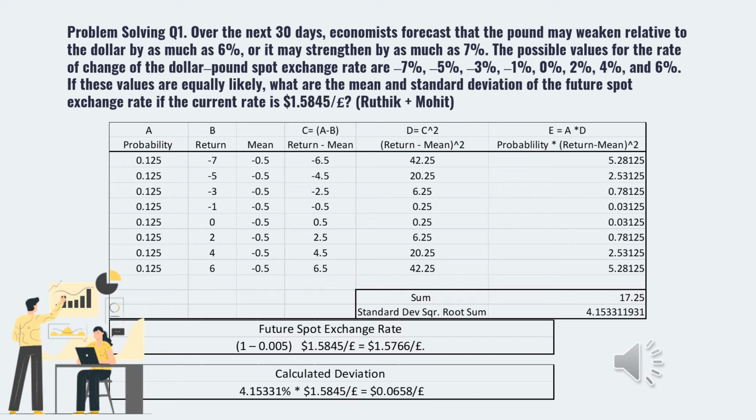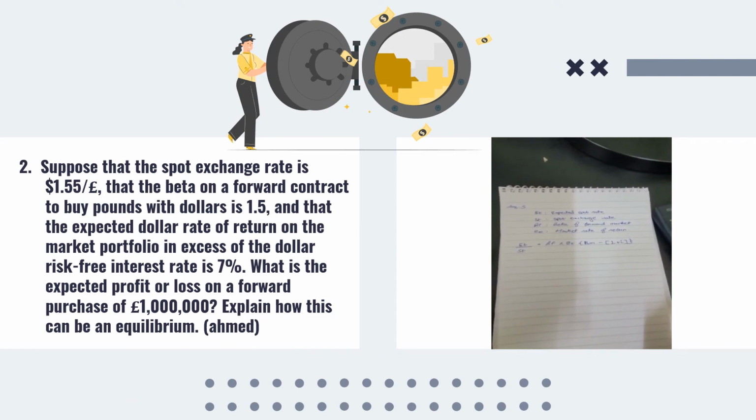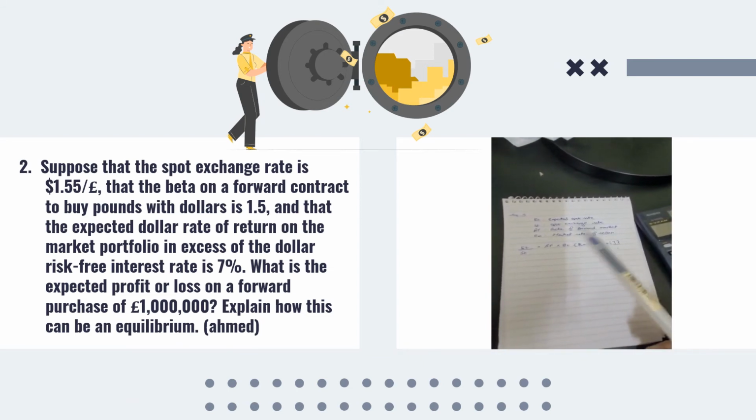After we find the standard deviation, we multiply that by the current dollar to pound rate, 1.5845. So that's 4.1533 times 1.5845. That gives us approximately 0.0658 dollars per pound. For question number 5, we have to use the CAPM formula,